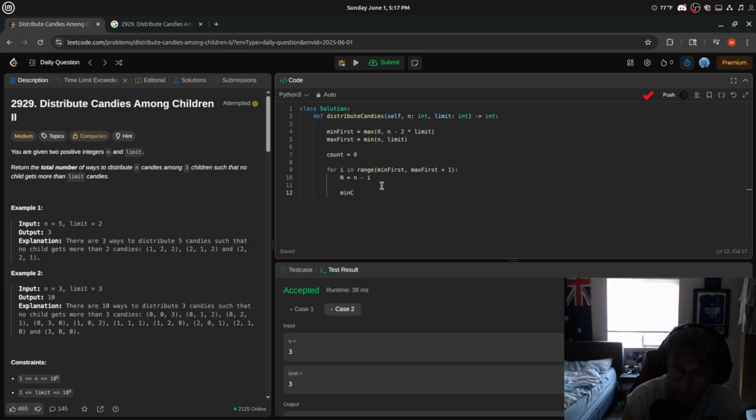Min C2 is equal to the max of 0 and n minus limit. We picked the second one. Min C3 is equal to the min of n and limit. Count plus equal to min C2 minus